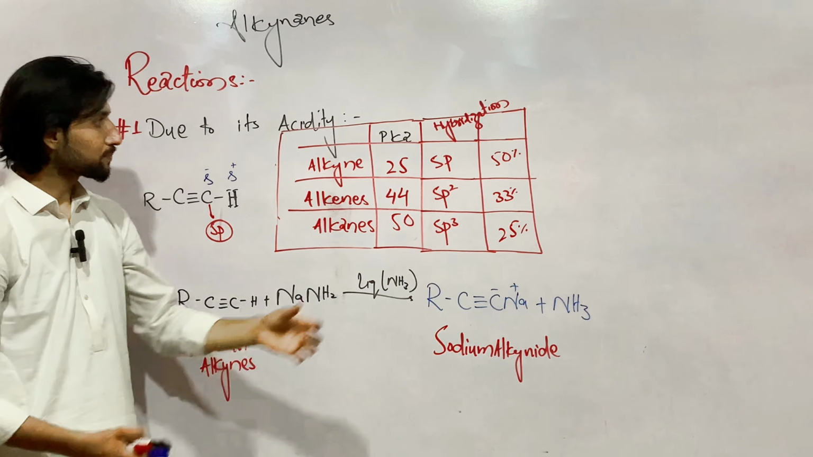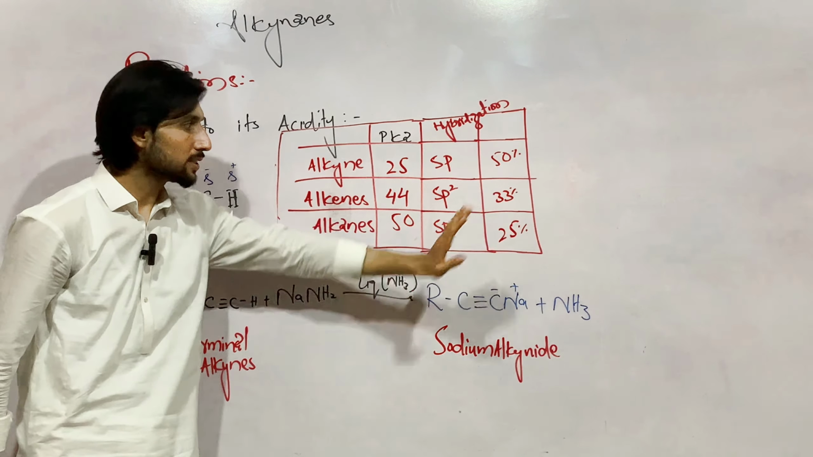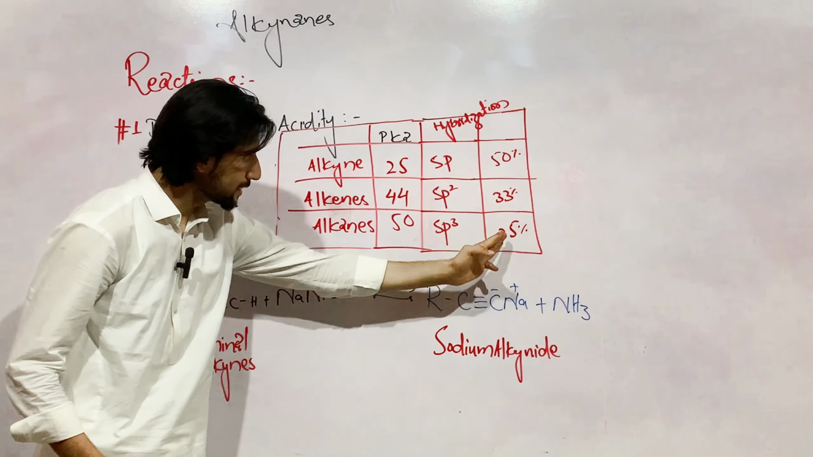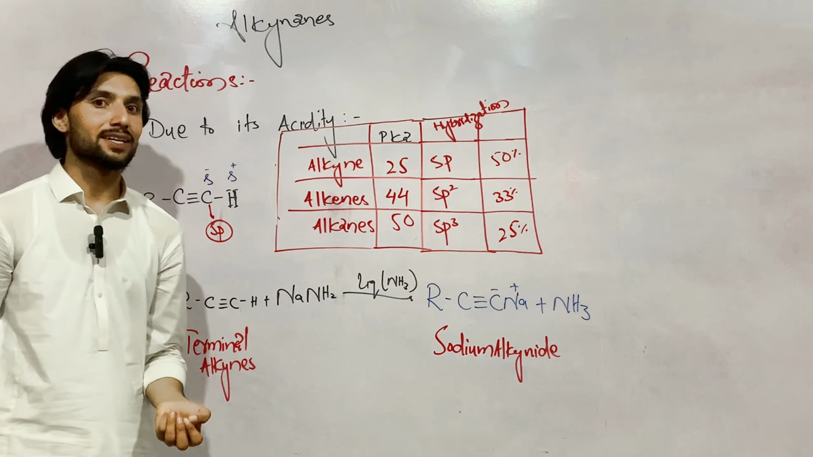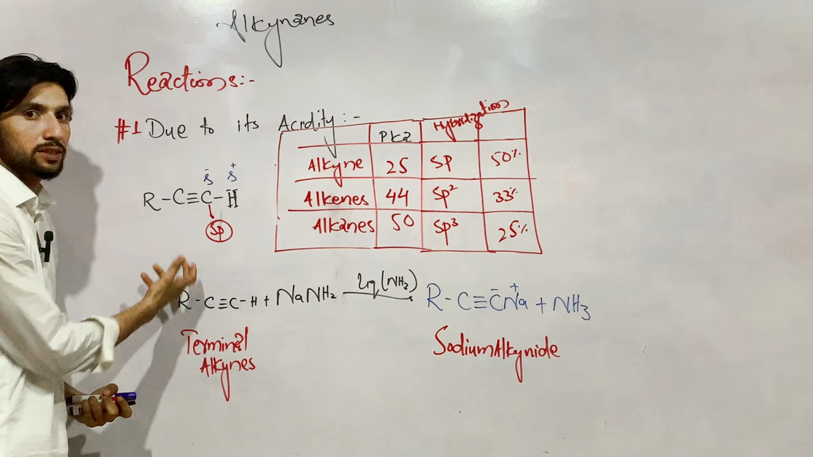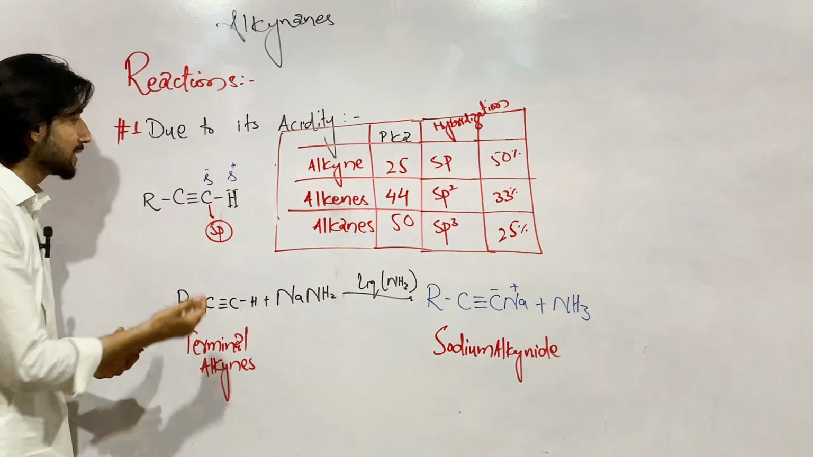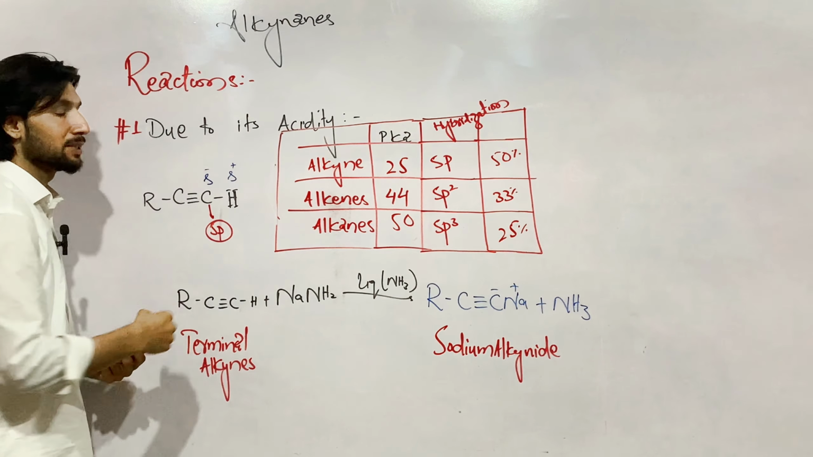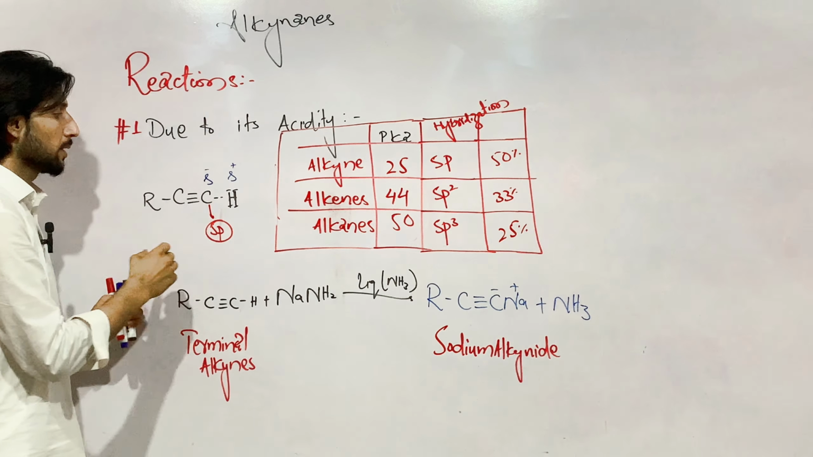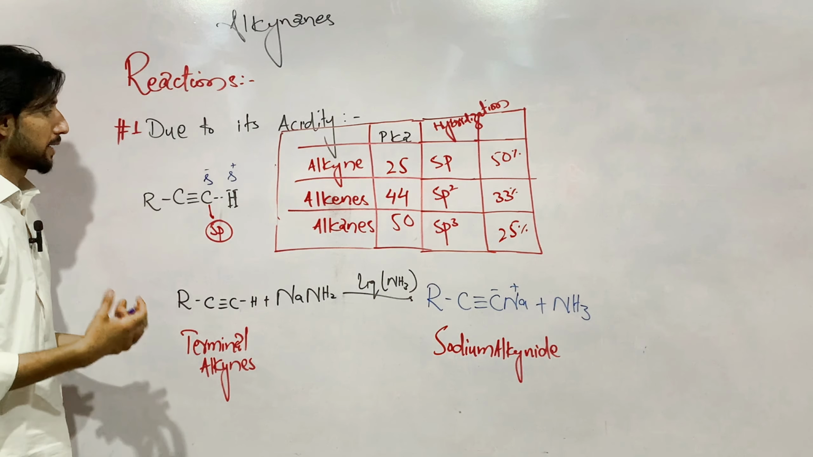So here you see more s character, 50% s character, while in alkenes we see 33% s character, while in alkanes 25%. So as the s character decreases, the acidity of this hydrogen decreases. So this hydrogen is attached to this carbon through an sp hybrid orbital, which contains greater s character and which is more electronegative. So this carbon becomes electronegative and the proton electropositive. So there could be a rift. This bond could be broken,